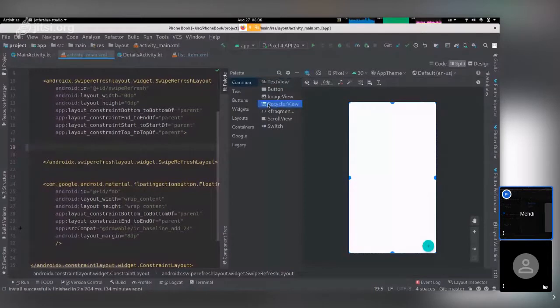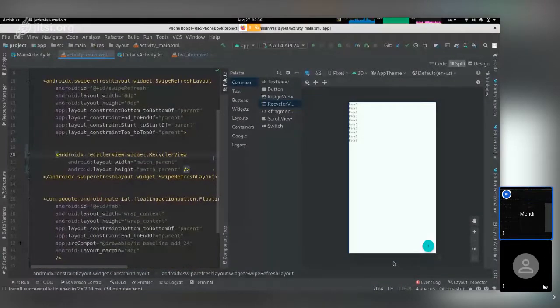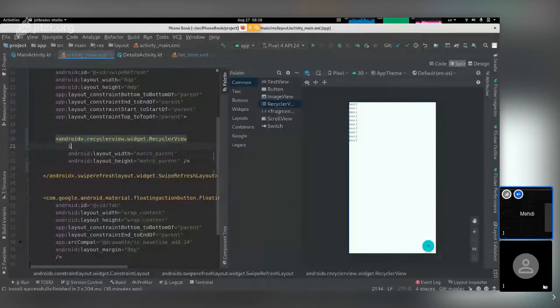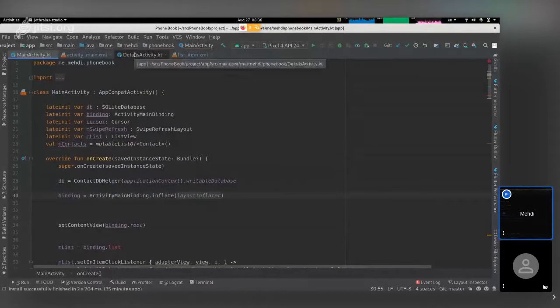From the comment section, I choose recycler view and add it to my layout. As you can see, it has a preview of the recycler view. So I give it an ID of @+id/recycler view, and I go to my class, main activity class,